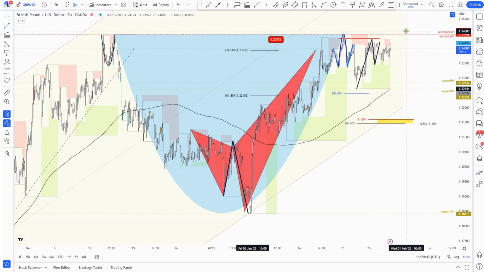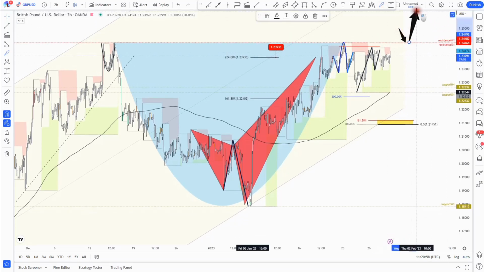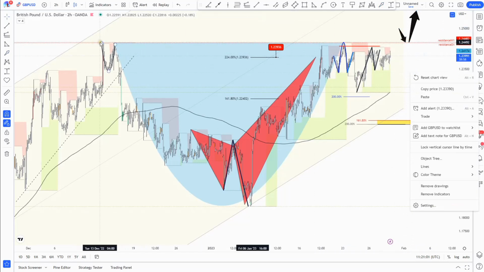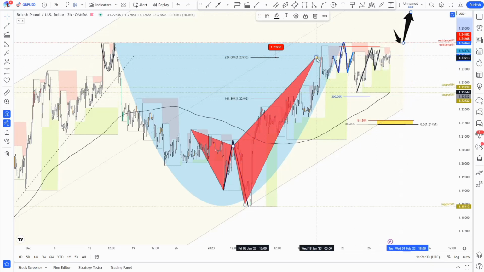As posted on my previous videos, we have this previous resistance at 124.48. I admit that a clear rejection of this trend line, of this, not a trend line, I'm sorry, this fractal resistance and structure resistance should trigger a move to the upside. So for that to happen, as I said multiple times, you need to see the price breaking above this resistance, pulling back, retesting that fractal again, or that price zone again, and then we need to see the price rejecting, turning this resistance into a support. So once that happens, we can try to get involved in a move to the upside for the cable. Until then, I'm still holding my shorts, as some of you already know, for the cable,